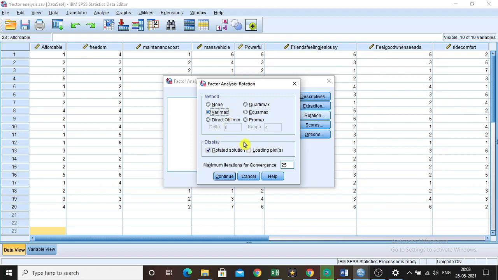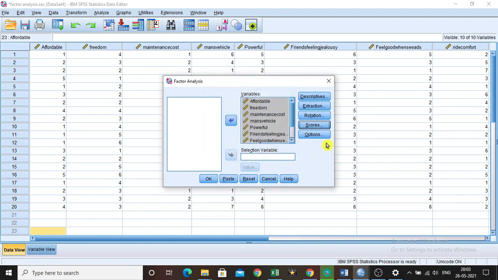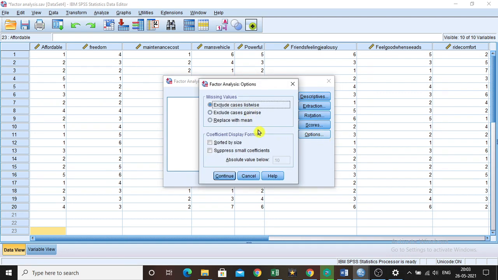So click varimax rotation and then click continue. Then in scores, nothing else, so just click continue. Under options you can choose replace with mean, but we have already checked for missing data before importing the data set into SPSS, so there is no missing data. So for us, no need to click replace with mean.